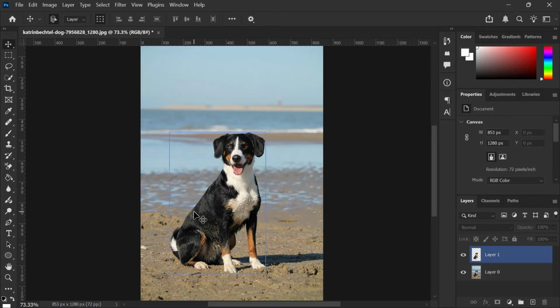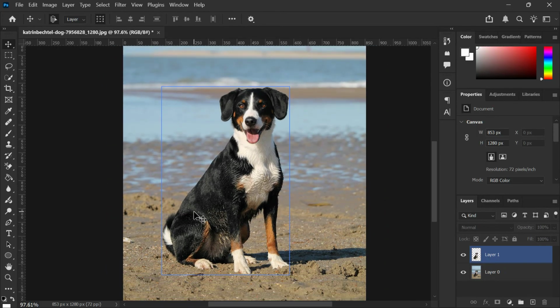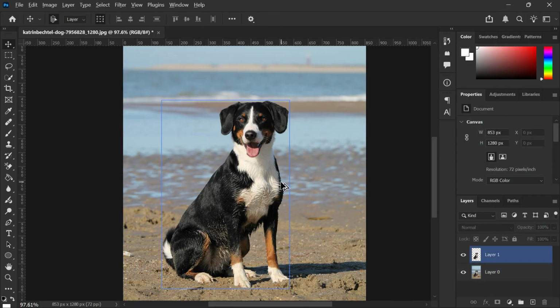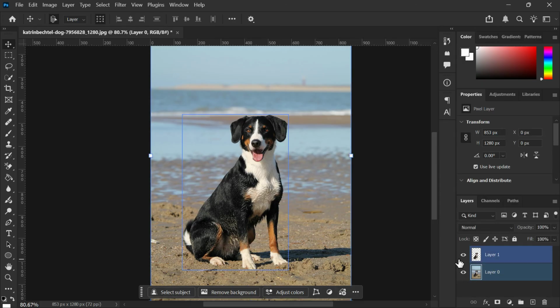Today, I am going to teach you two professional methods to create a perfect noise texture background in Photoshop, perfect for adding a cinematic or vintage touch to your designs. Whether you are aiming for a gritty overlay or a subtle grain, these simple techniques will save you time and